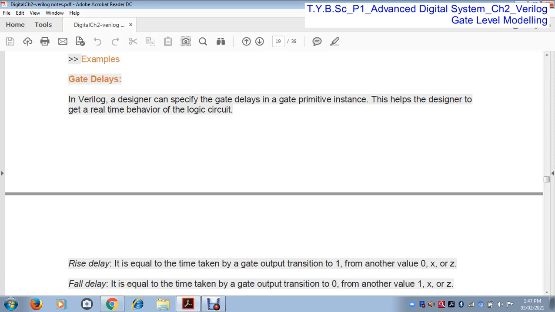So you apply input to the AND gate, and it takes 2.5 milliseconds to produce the output. That 2.5 milliseconds is called the gate delay, because gate delay is the time taken by a gate to produce the output when we apply the input.